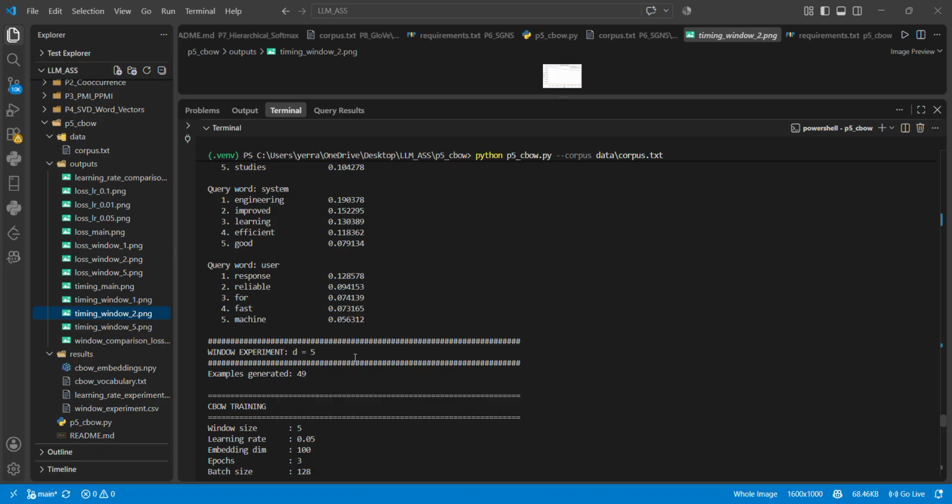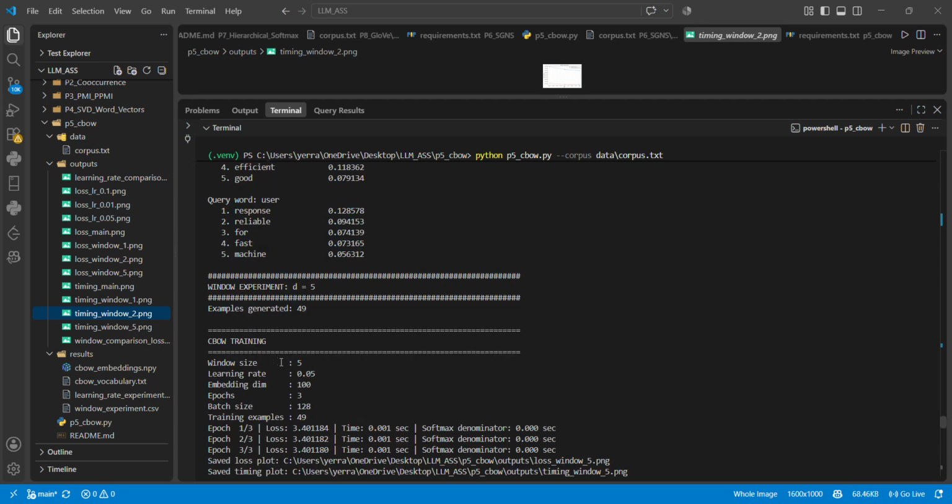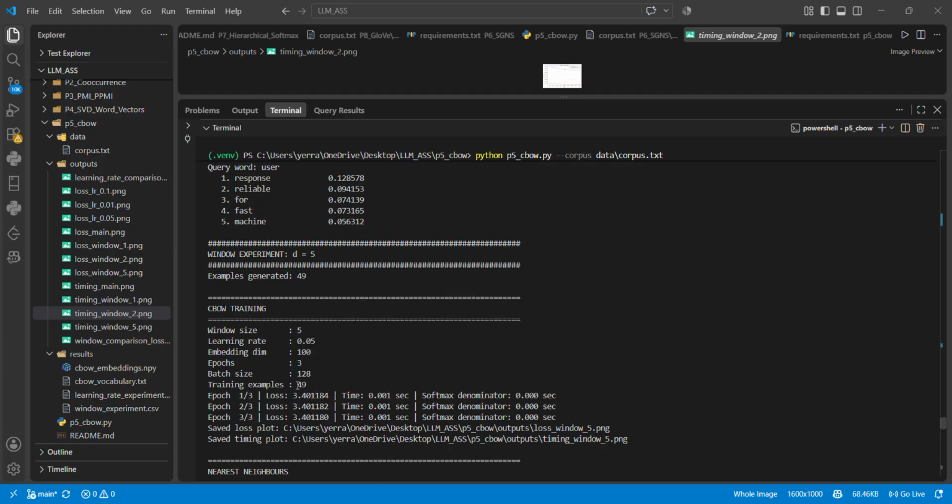Why do you take such inputs? Because then you can understand how much variance there is and how it is able to change the efficiency. So that's why I take all of these. And window size is 5, learning rate is 0.05, hidden size is 13, batch size is 128, training size is 49, like the example generated 49. So this is the